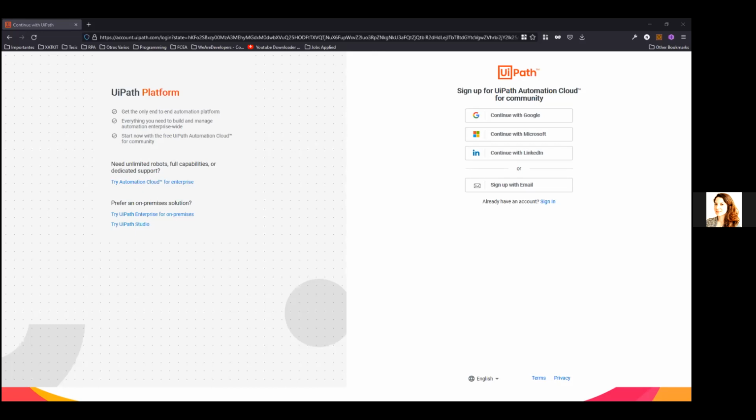They're asking whether the community license is a time-bound license. No, it is not bound. It is only limited in how many actions and how many bots you can use. So you can start freely and continue as a citizen developer on a community license, no worries. The only thing to consider with community licenses is that whenever UiPath releases a new version, the community automatically updates to the new version. Just take that into consideration, but you can use it for whatever time you want. And of course, not for commercial projects.